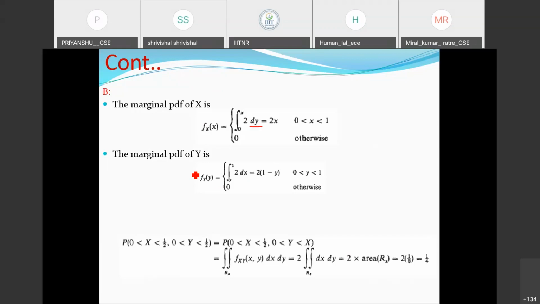There's nothing specific about it. This was not so tricky, as you will have understood. You simply have to observe what range of integration is given. If you are clear about the range of integration, you can solve it. There's nothing in this question which should have taken so much time.